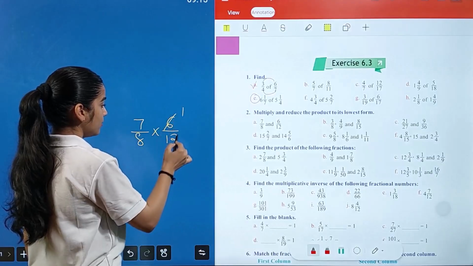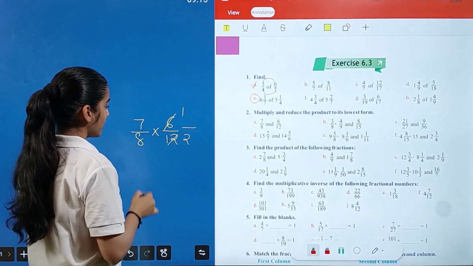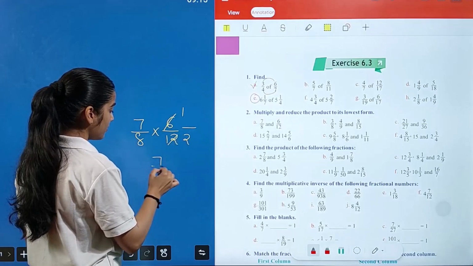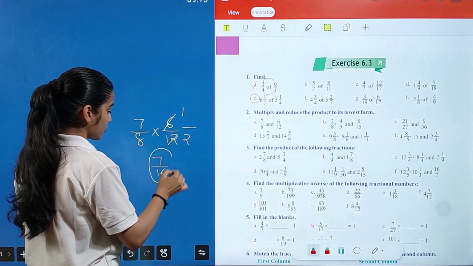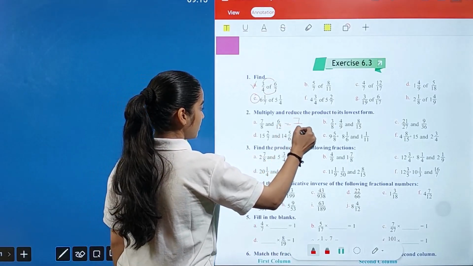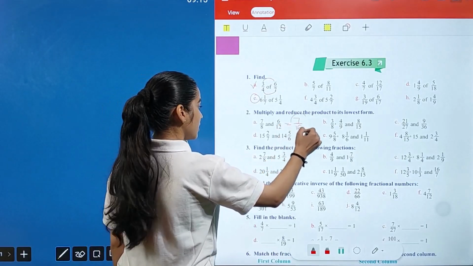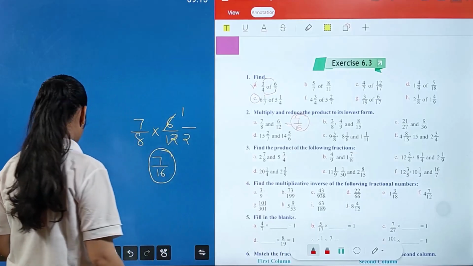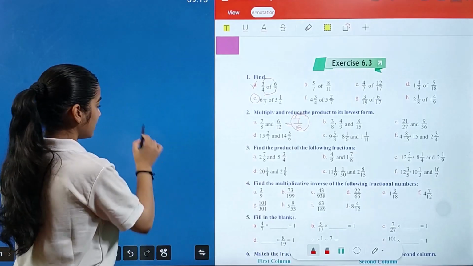So this is 1 by 2 and 1 by 2, 7 by 16. So this is your final answer, 7 by 16. Next we have part B, 3 by 8